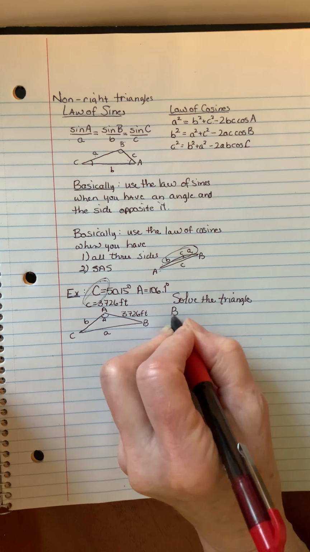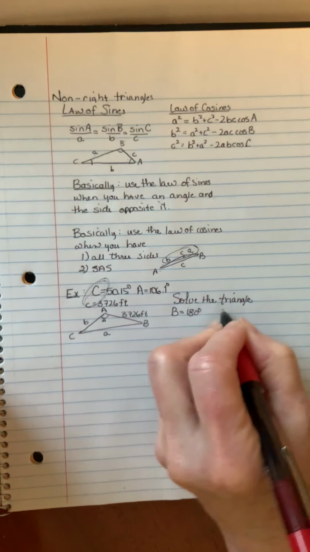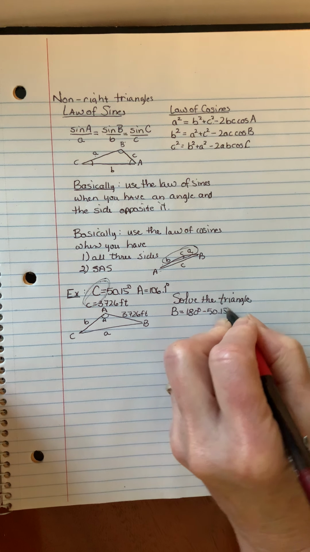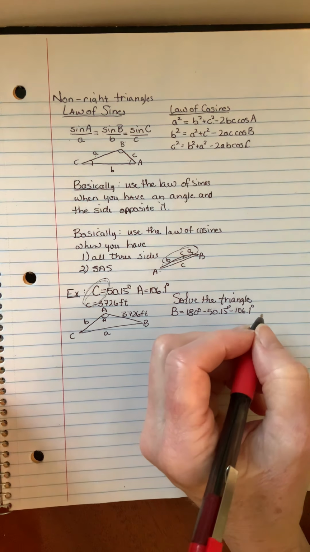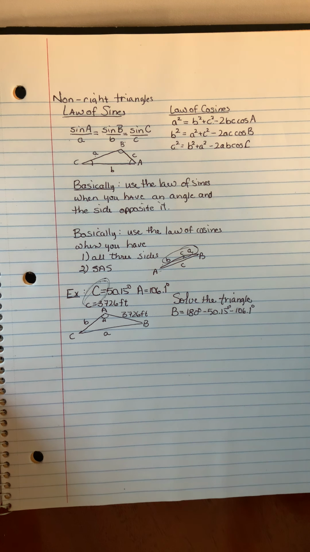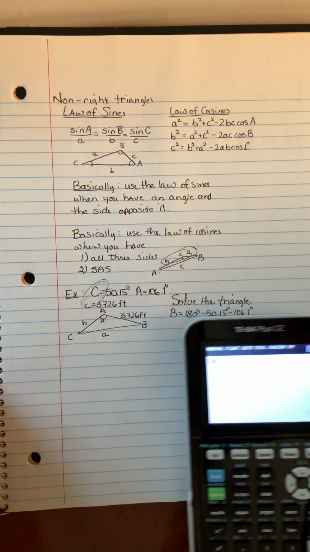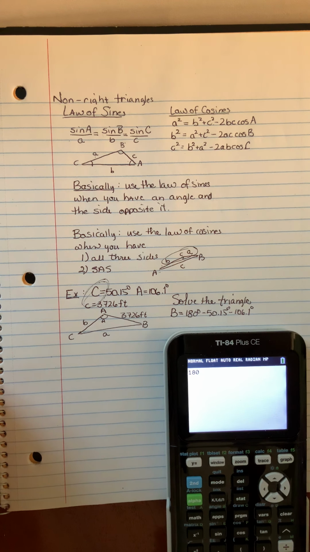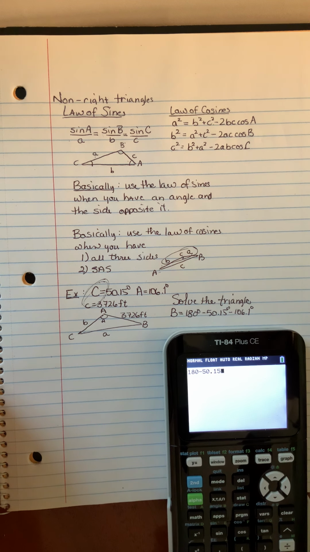So B is going to be equal to, these add up to 180, so let me just take 180 minus 50.15 minus 106.1. Now you can do that with a calculator, and just to deal with that, I will do it with a calculator. So let's take this, and we've got 180, put this where you can see it, minus 50.15. This is not in degrees, minutes, and seconds, so I can just do it on the calculator kind of simply, minus